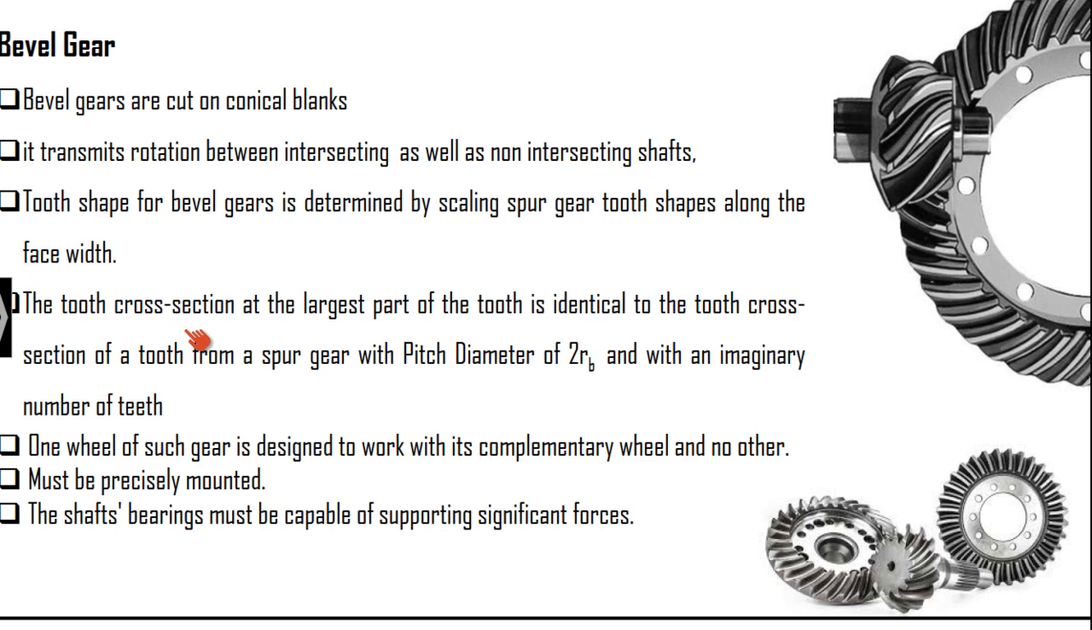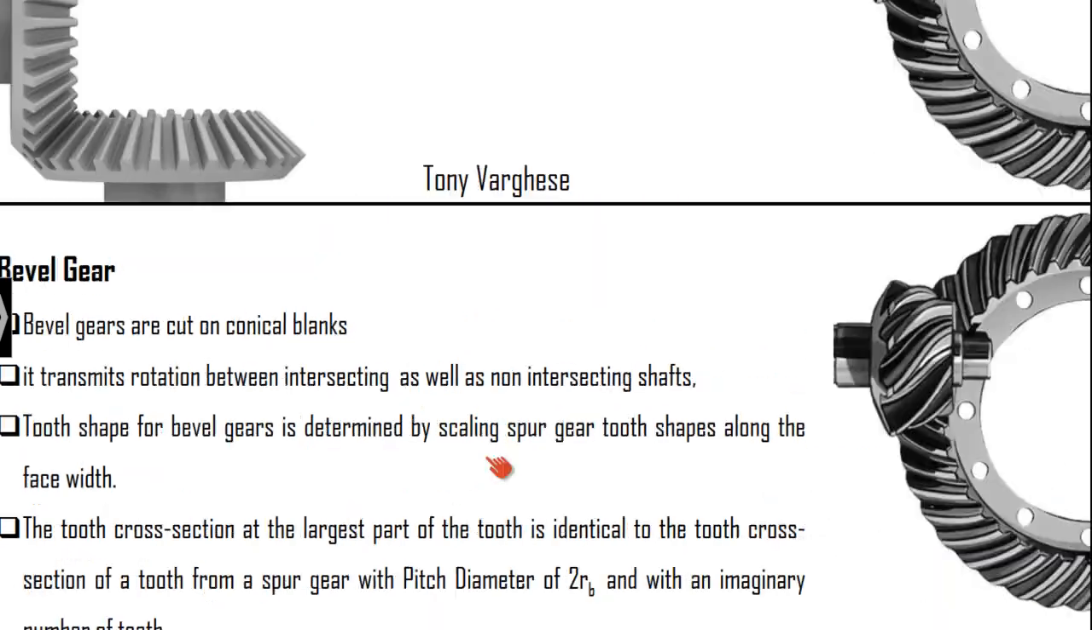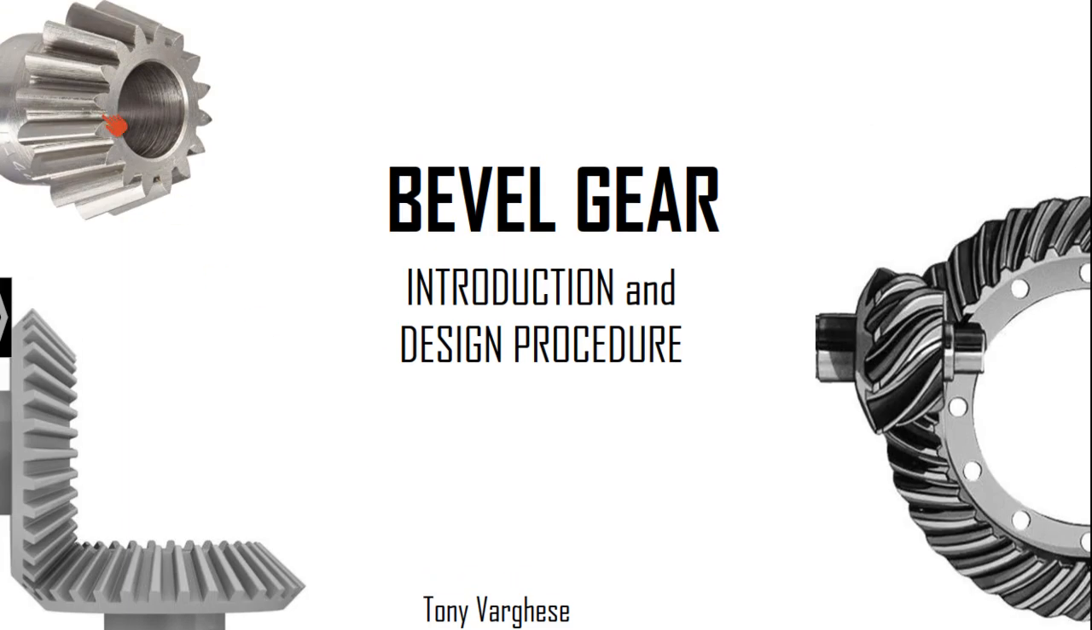And the tooth cross section at the largest part of the tooth is identical to the tooth cross section of a spur gear with pitch diameter 2 RB. RB is the length from the axis to the face, that I will explain right after this. Anyway, if you cross check it over here, we can see that the shape of this teeth is the same as that of a spur gear,